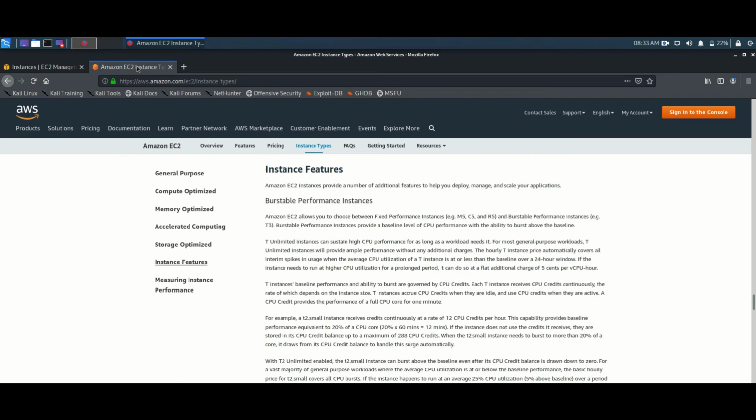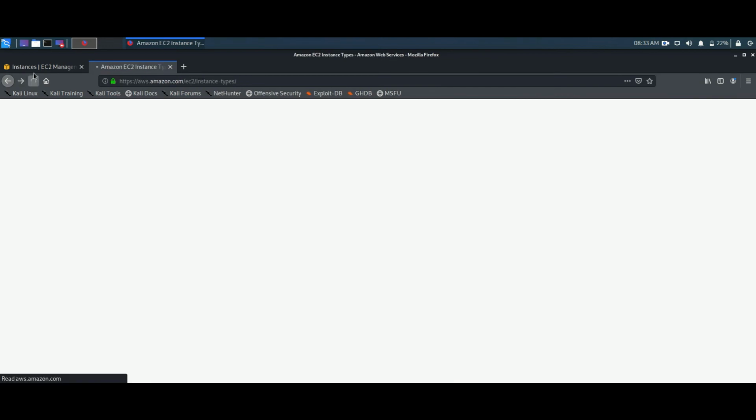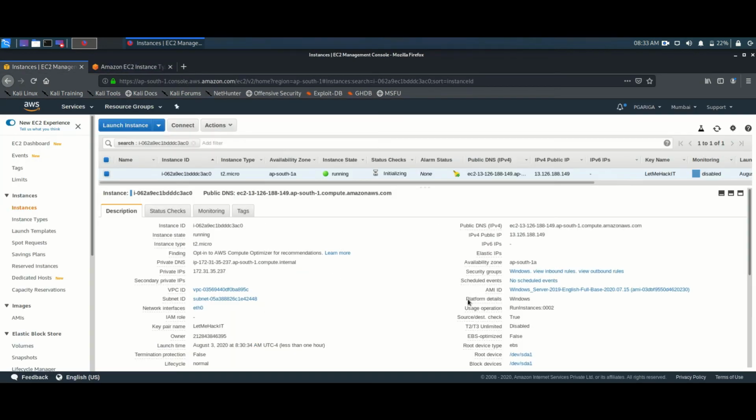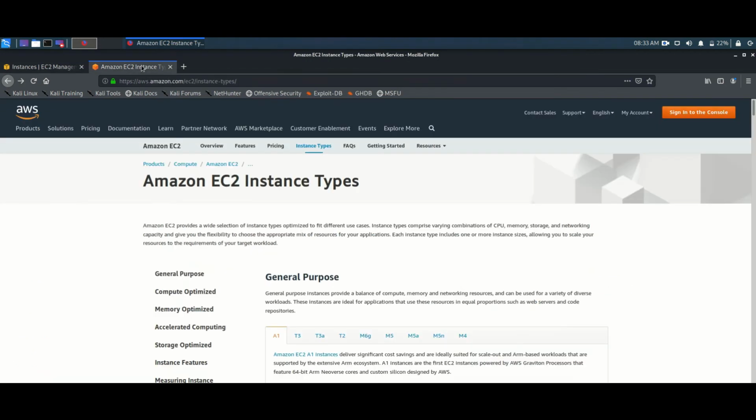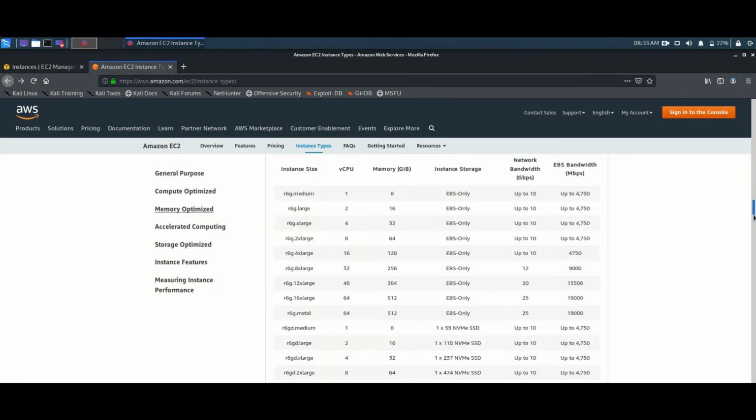Okay, if you are using your T2 and your burst credits are exhausted, at that time you can recharge your burstable credits and then you can use your T2 normally. So the general purpose instances are completely burstable instances. They are known as burstable instances. Okay,